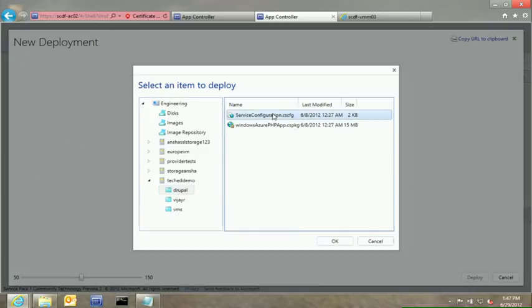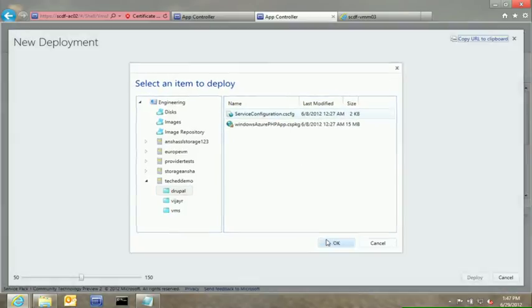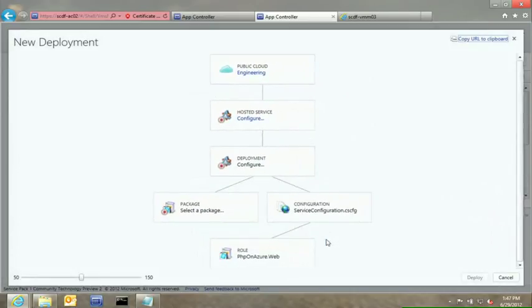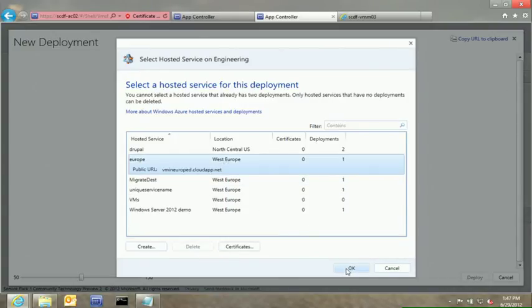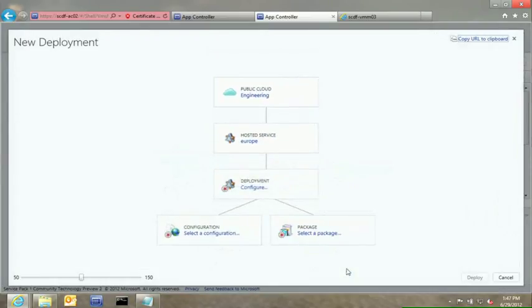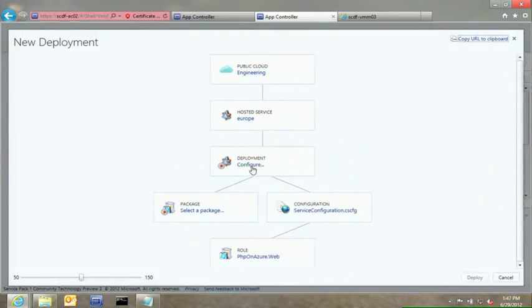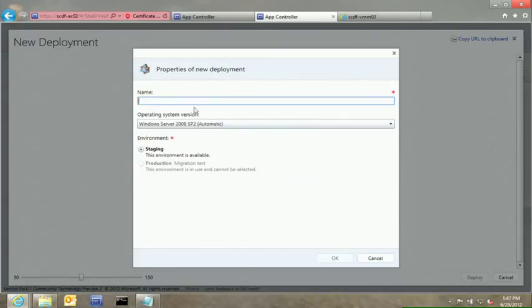I'm going to pick Drupal. This might be an application that folks are familiar with. And you can see I've picked the configuration file, so it already starts to know what the structure of the application looks like. Windows Azure applications get deployed into a hosted service. So I'm going to find a hosted service to try and deploy this into. Let's find out if we can put it into here. I can give this a